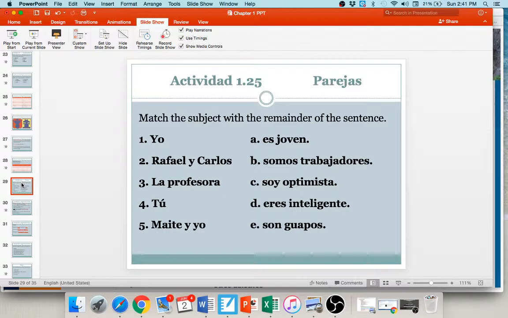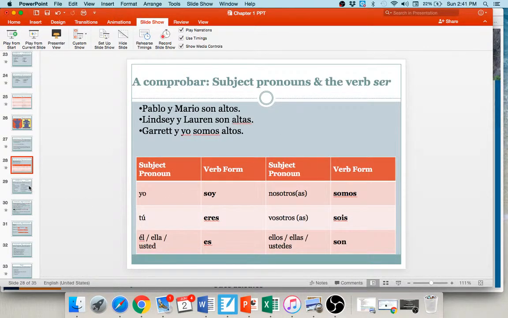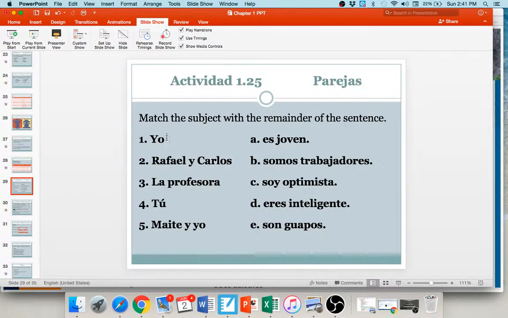So let's practice. Yo blank. What ser word goes with yo? Well, if you've forgotten, look back. Yo and soy go together. So for number one, I'm going to say yo. Your answer should be C. Yo soy